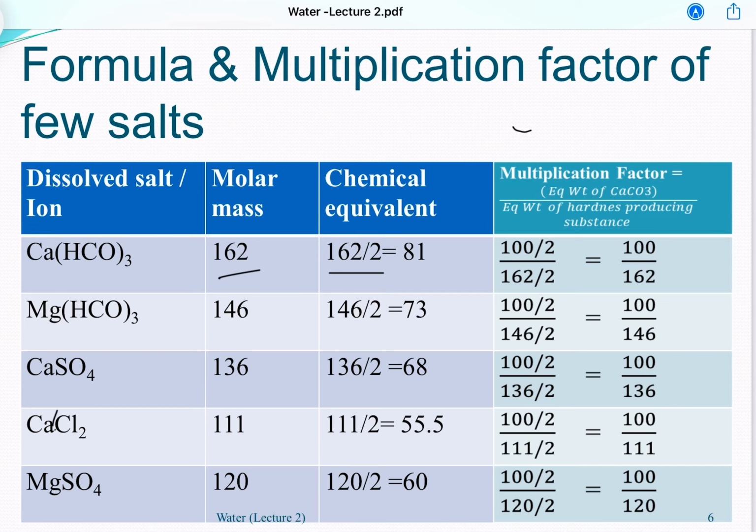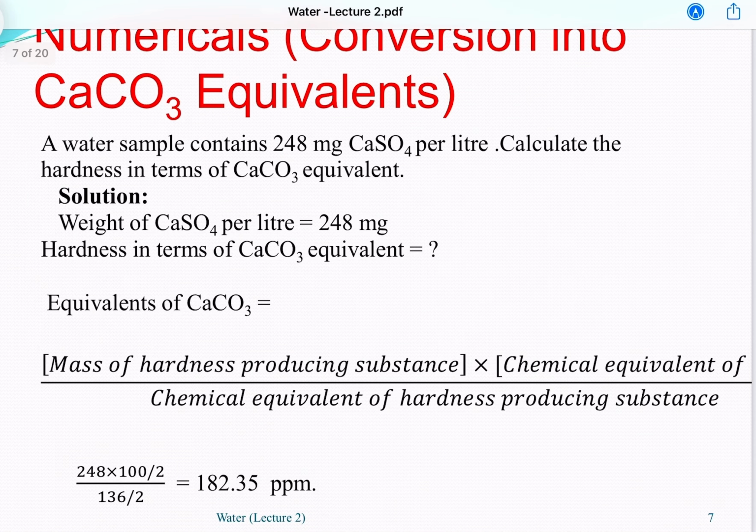Similarly, magnesium bicarbonate: the multiplication factor will be 100 by 2 divided by 146 by 2. Calcium sulfate: 100 by 2 divided by 136 by 2, because the molecular weight of calcium sulfate is 136. Calcium chloride, we have already discussed: 100 by 2 divided by 111 by 2. Like this, you can calculate the multiplication factors of different compounds and then convert to equivalents